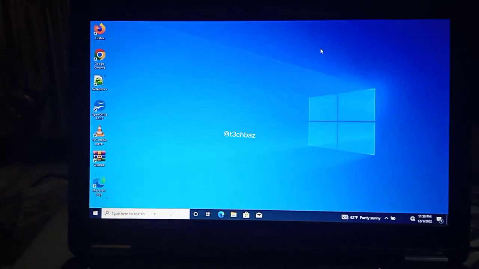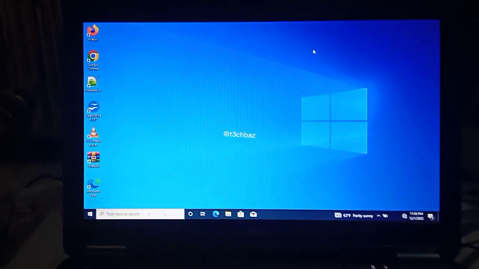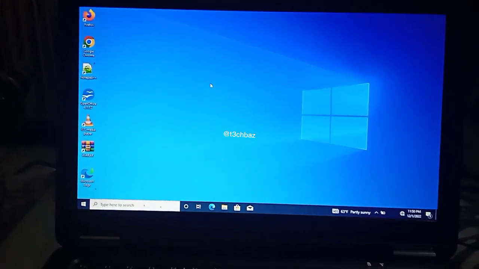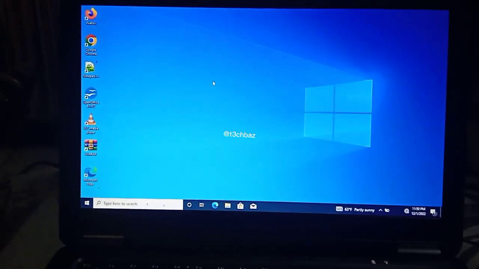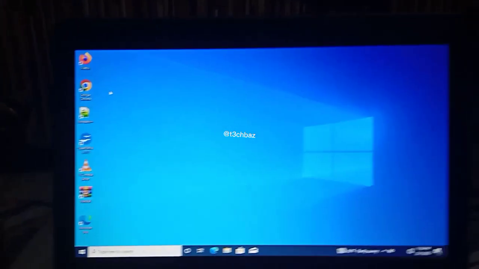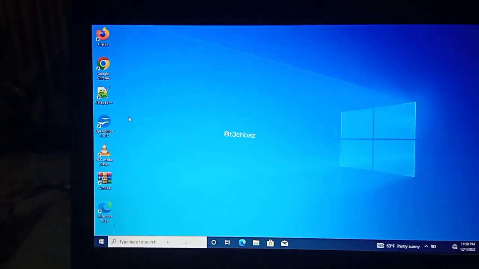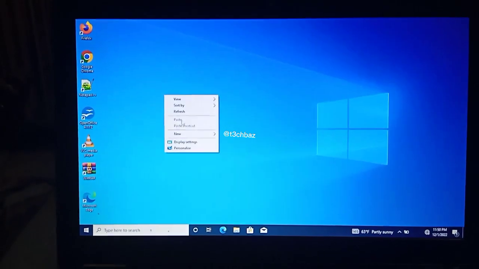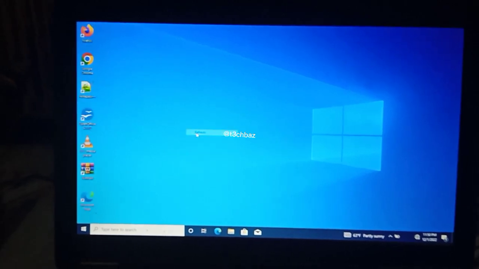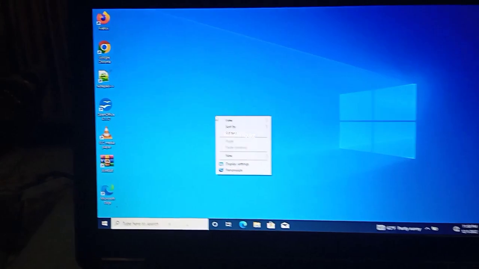Hello everyone. Today I am here to discuss the main icons of Windows 10, like This PC, Control Panel, Recycle Bin. You can see there is no icon like This PC. So you no need to worry. I will tell you how you can get all the icons. Very simple way. Right click,